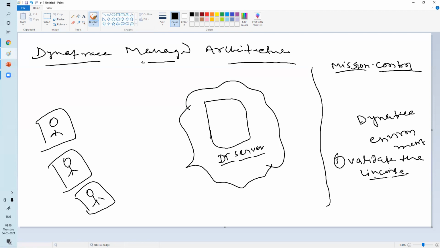Once you consume more than 75%, you will get a pop-up on your Dynatrace portal, like you have consumed 75% of your license, for example DEM license, out of 2 lakhs or 1 lakh. So that validates the license. The first task is to validate the license, including the OneAgent license. We have a lot of licenses, and here we have separate licenses. So their task is to validate the license.